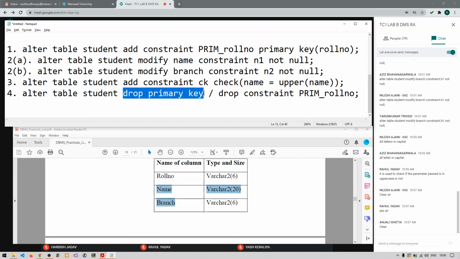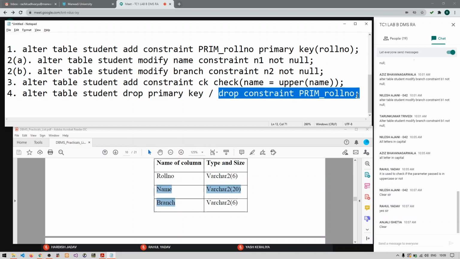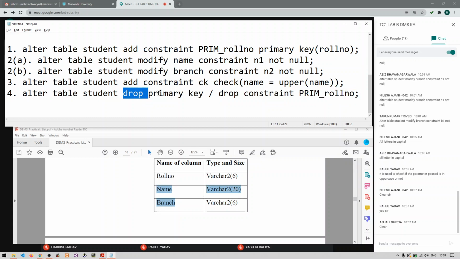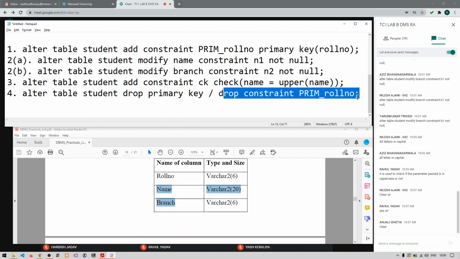And if you want to remove a specific primary key from the table, then you need to write drop constraint and the constraint name. So any of these syntaxes you can use to drop or delete any type of constraints.